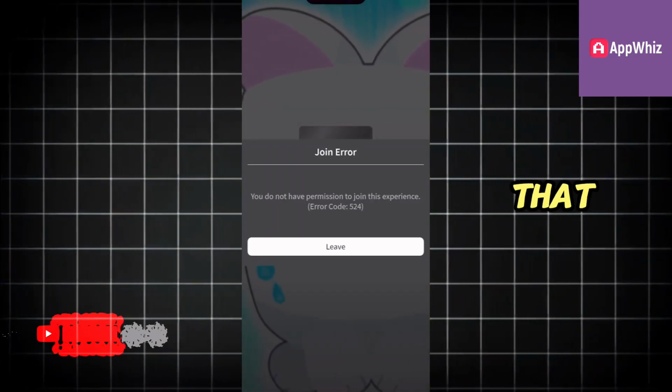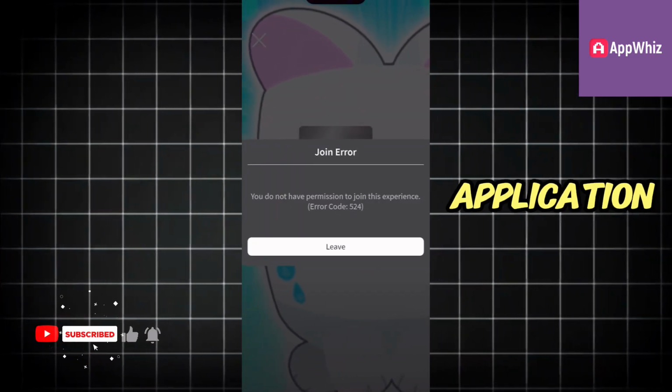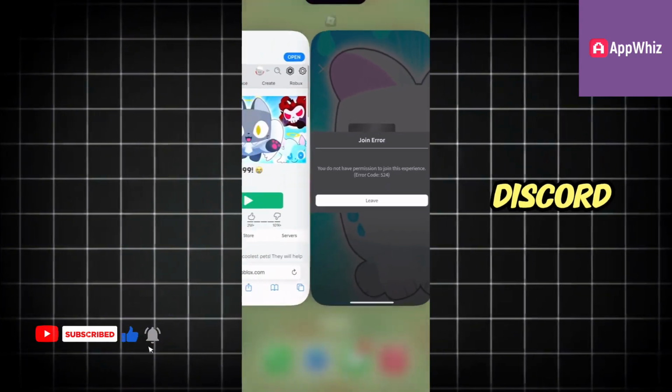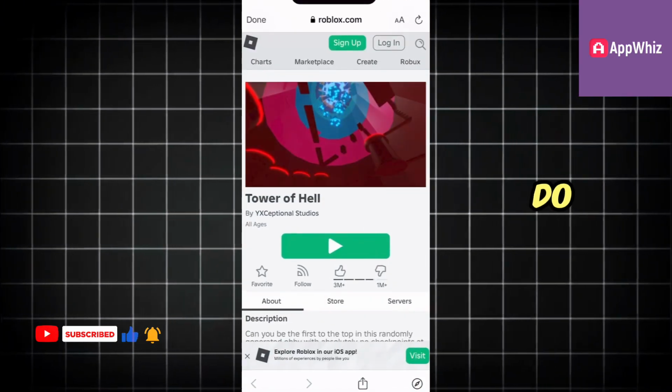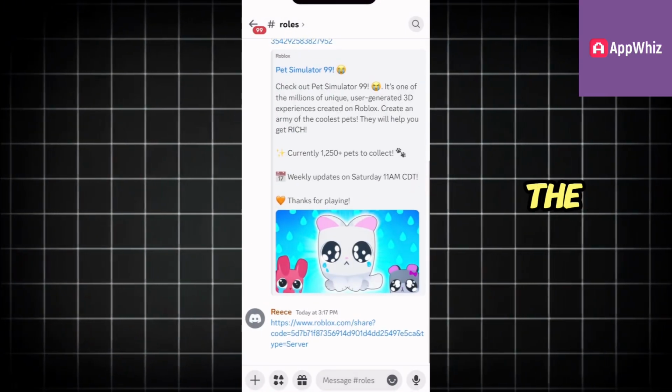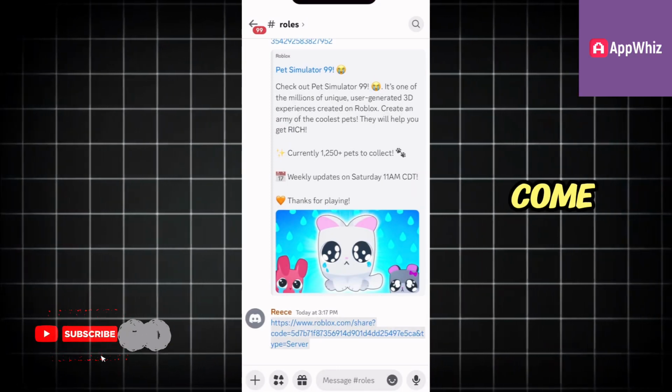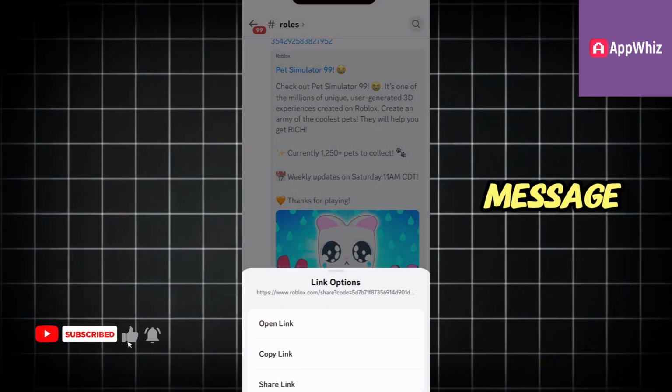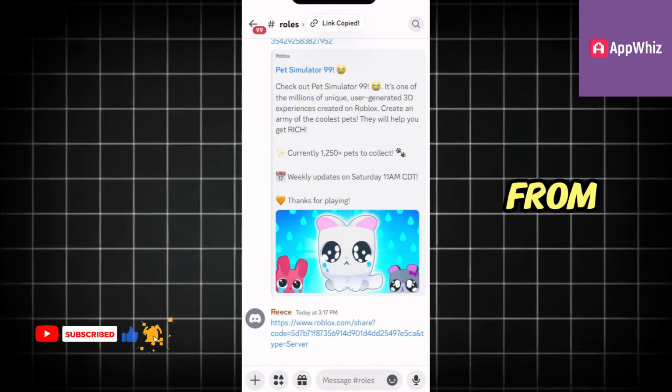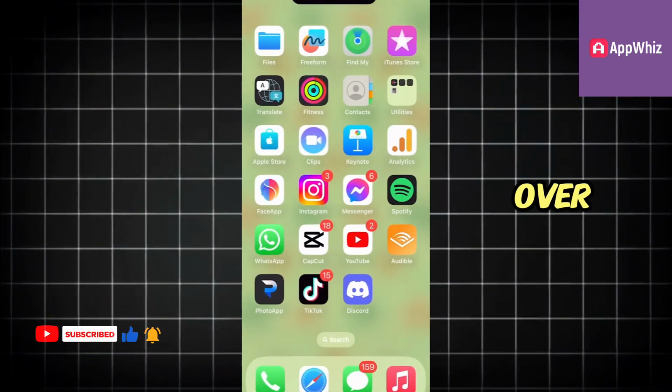So in order to fix that, we can just close out of the Roblox application. And we're going to head back over to Discord now. From here, what you need to do is you just need to select the link by holding down your finger, then come all the way down to copy message link and select this. Come back out from the Discord application and head over to the Notes